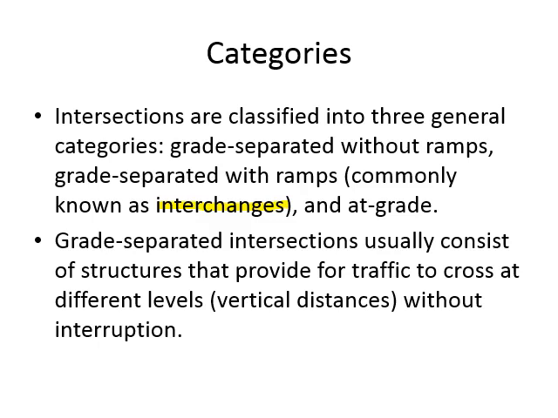So grade separated can be without ramps. That means the roads are intersecting but they are not connected. Grade separated can be with ramps. That means they are intersecting with each other and connected with ramps. And at grade intersection means that both roads are intersecting at the ground level. So when you are providing a grade separated intersection, you have to provide some vertical difference between the two roads, and that vertical difference requires construction of a separate structure. So you have one pavement which is on the road, on the ground, and you have to create another structure above that or below that to create the separation of grade.